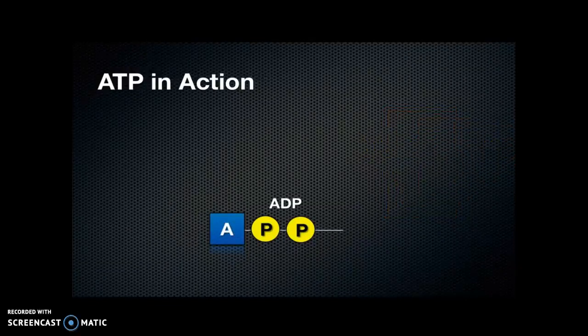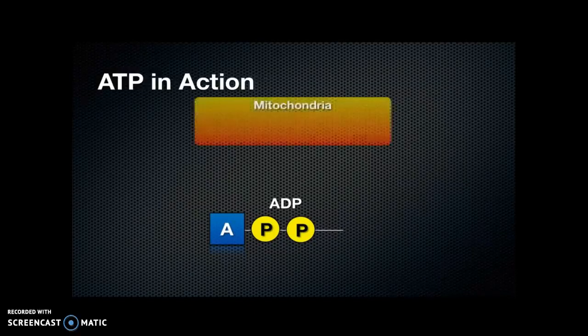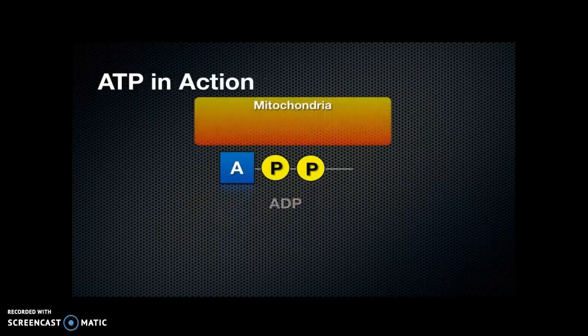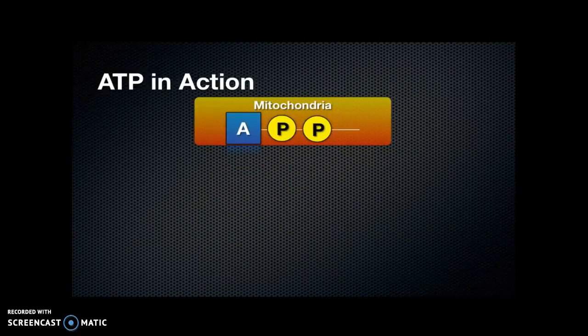And now you can see we are left with 2 phosphate groups, so it's no longer ATP, it's ADP, or adenosine diphosphate. If we want to use this molecule again, we need to recharge it as we would do for a rechargeable battery. In order to do this in the cell, we need a very special organelle called the mitochondria. ADP then goes to the mitochondria, and the ADP gets recharged by the mitochondria adding another phosphate on, and it's